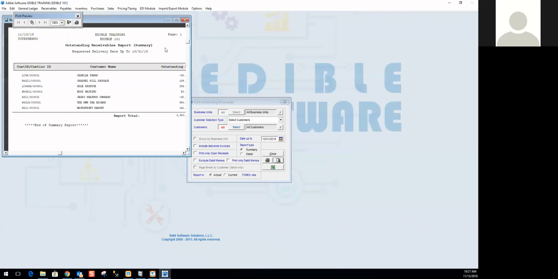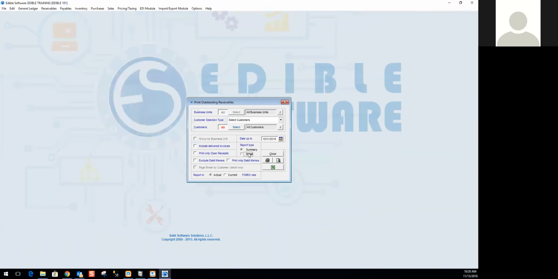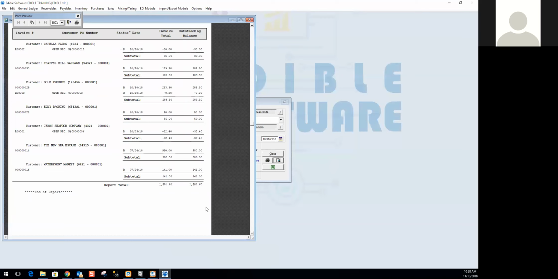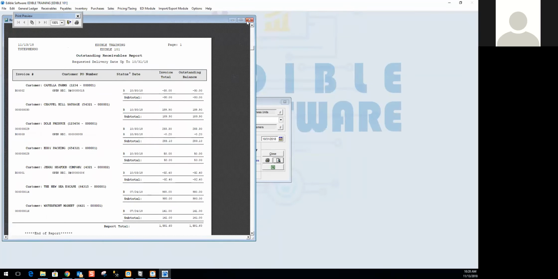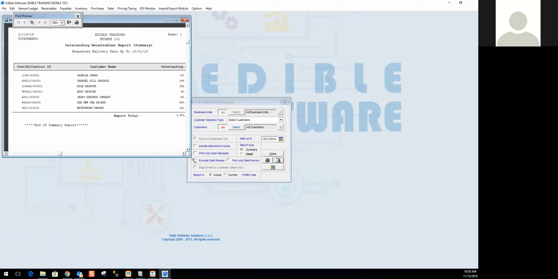But when I click preview, here it's just showing you what is outstanding per that date. All right, and then detail, of course, breaks that down even further. All right, so that is basically it. So we don't necessarily care about the aging periods. As you can see, we're just showing those amounts,